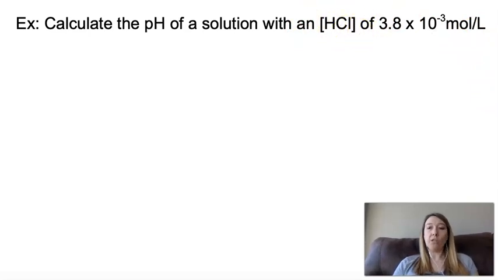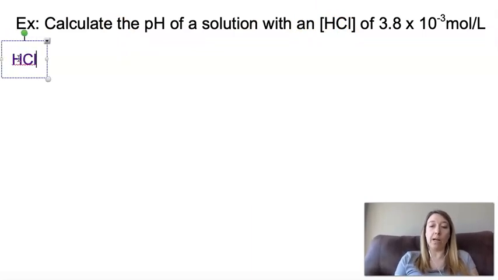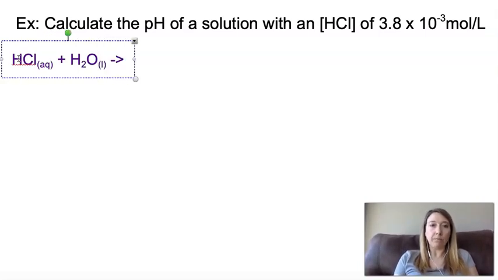You think about the equation that we have. Our equation is negative log of hydronium. I don't have hydronium, I have HCl. So we can fix that though, right? Because we know how to convert concentrations. We know that we can write an ionization equation, where we react this with water to give us that hydronium